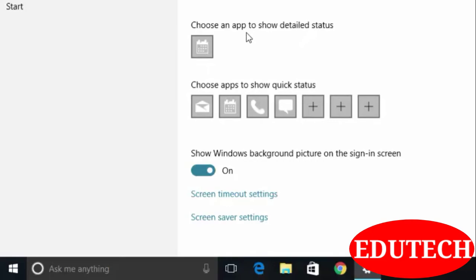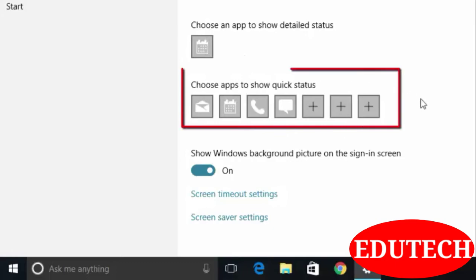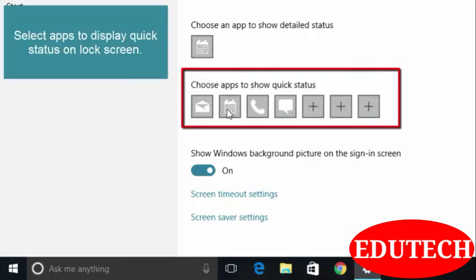Now on lock screen, which app you want to show as a detailed status. Currently my app is Calendar app. From here you can add quick status apps which you want to see on your lock screen. For example, I want to see my emails, calendar notification, calls and messages.